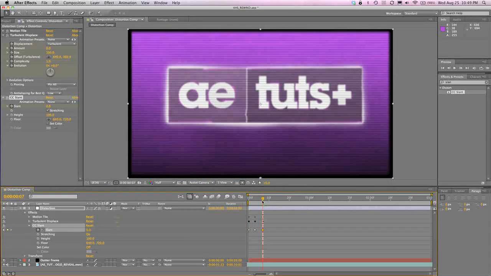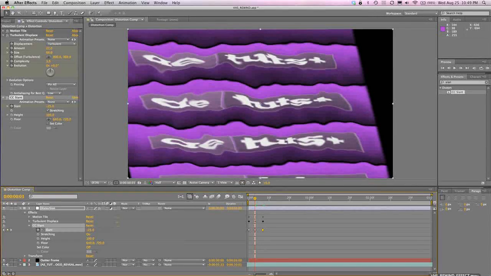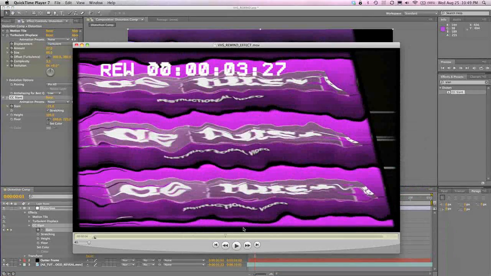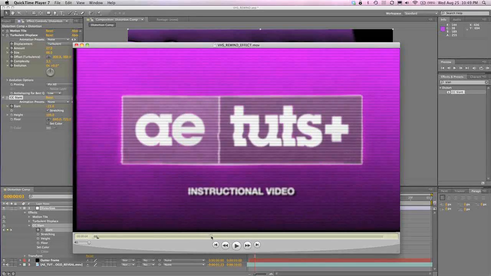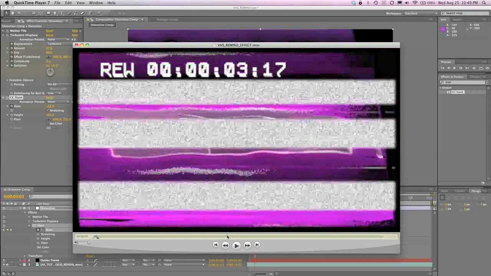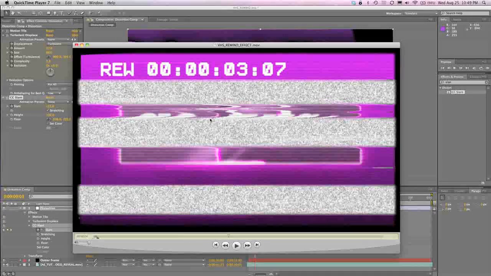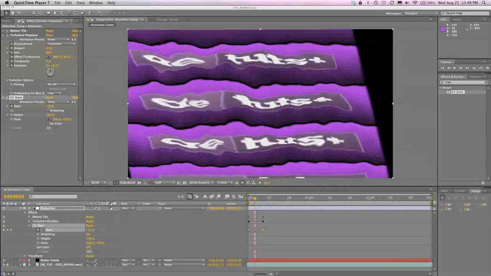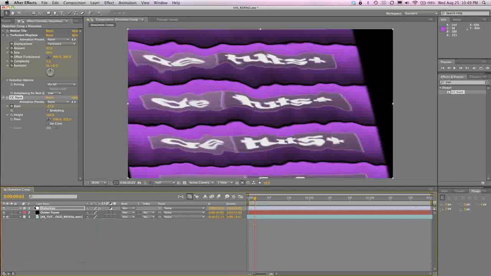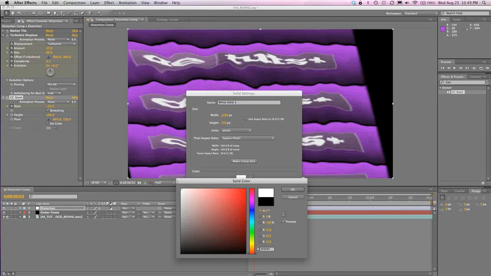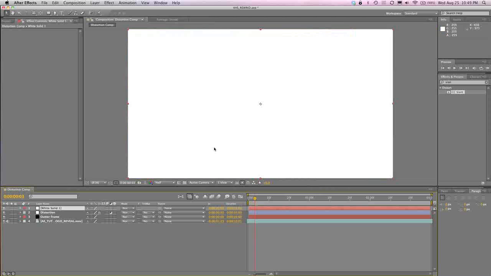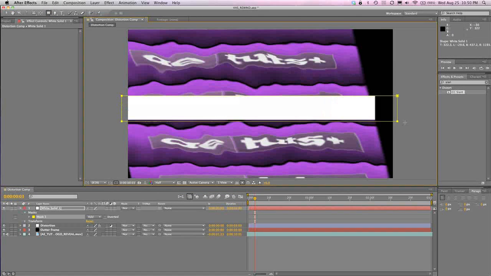We want to add some other things to this to kind of take it to the next level. Let's look at our example here again, and we will cycle through the frames here, and you'll notice that we get these 3 horizontal bands of static. Let's go ahead and create those now. So we'll close up our distortion comp here and create a new solid. We'll go ahead and make this solid white. Click OK. And then using the rectangle mask tool here, we're just going to mask this thing off in the